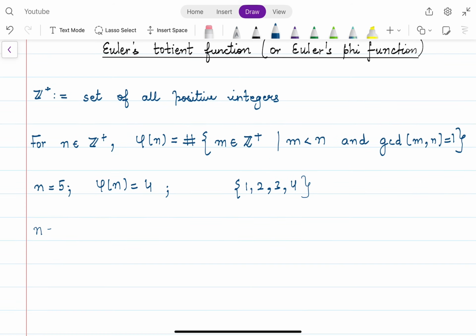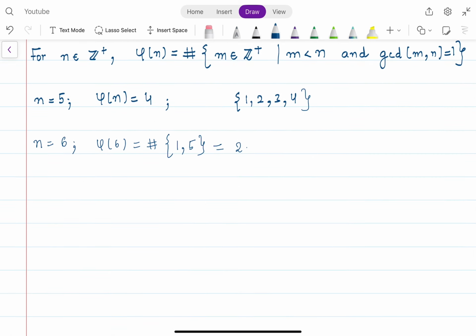Similarly, if I take n equal to for instance 6, so ऐसे कौन कौन से नंबर है जो 6 से स्ट्रिक्टली छोटे हैं और 6 के साथ जिनका GCD 1 है? So these numbers are precisely 1, 5, right? So in this case phi of 6 is 2. So phi n क्या बताता है? Phi n counts the positive integers which are strictly less than n and relatively prime to n. Okay, now